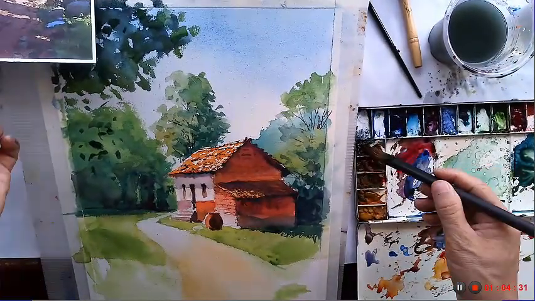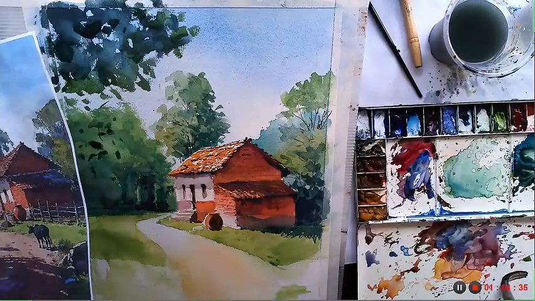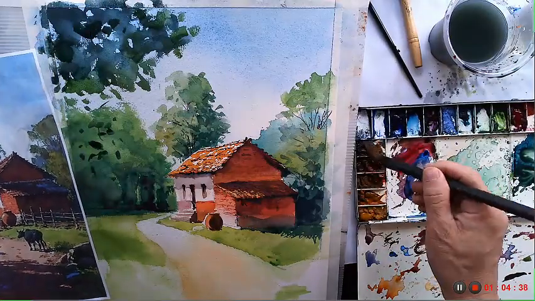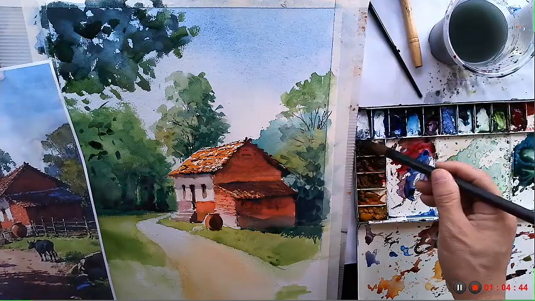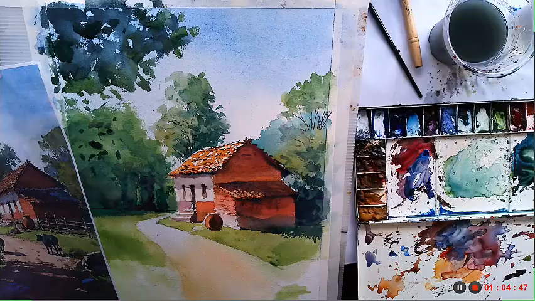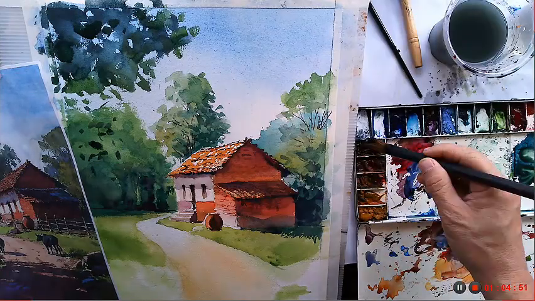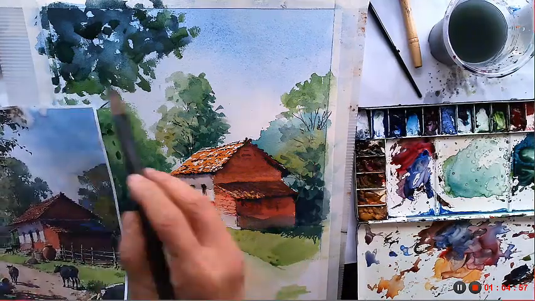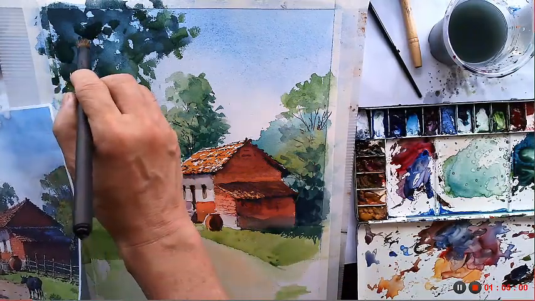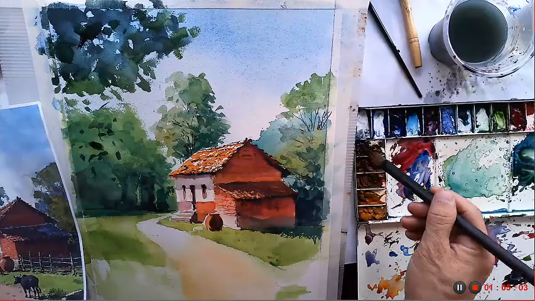So over here I'm using the sepia, for the tree trunks. The sepia needs to be very thick, otherwise it won't be strong enough. And take away some water from the brush. Then you make some different colors on your brush. I have two colors. So this one here, the trunk,